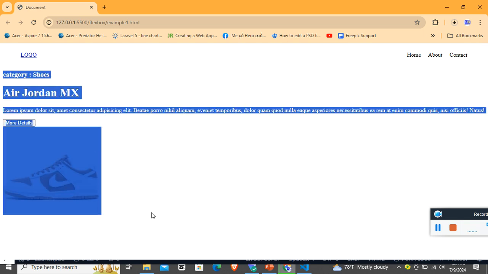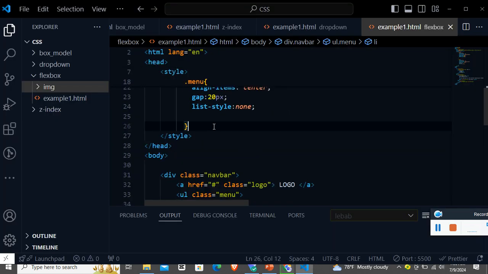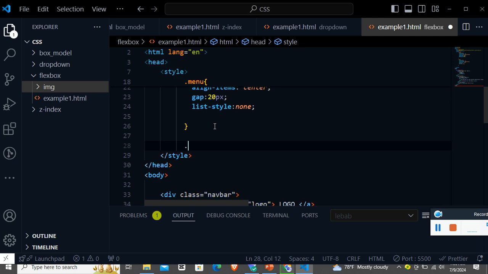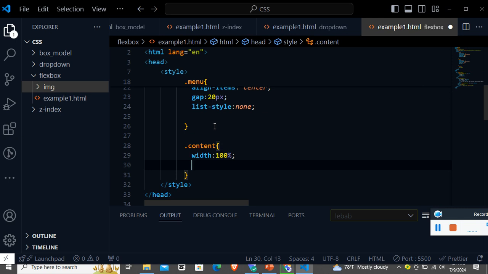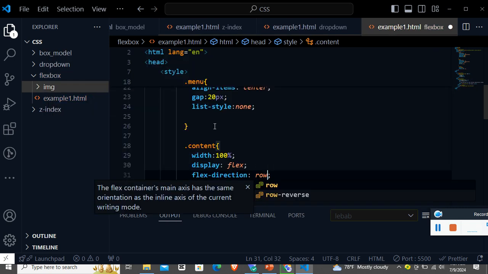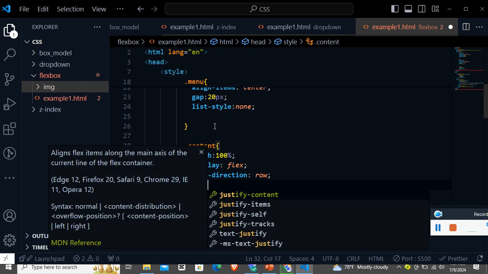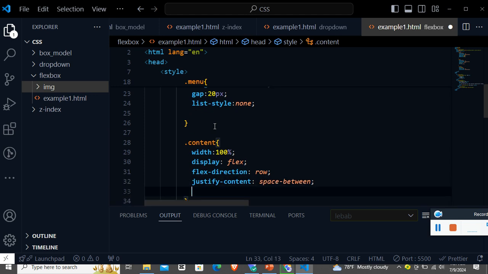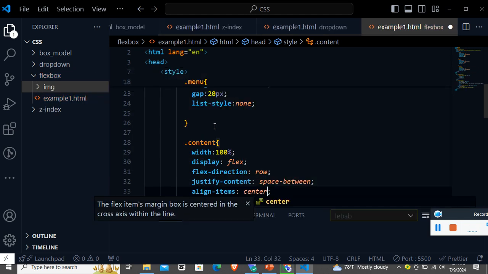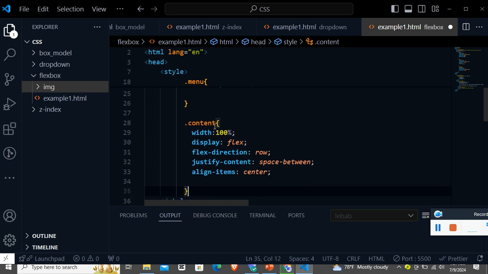we don't have control over the content yet, so let's have control. Okay, and then dot content, with, let's say, 100 pixel or 100%, and then display flex. Flex, that means it's gonna become a responsive component, and then flex direction row, and then justify content space between, not around, between is much better, I think, and then align items should be center, and then that's it, and then